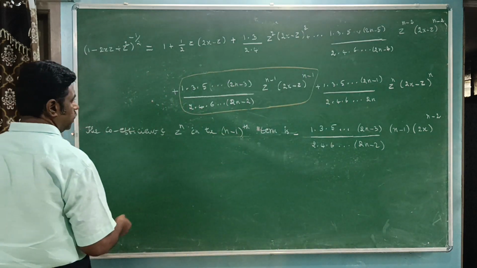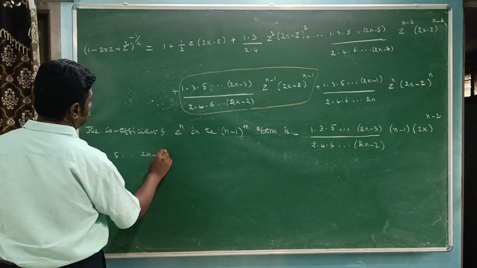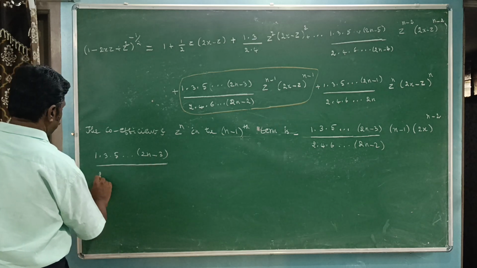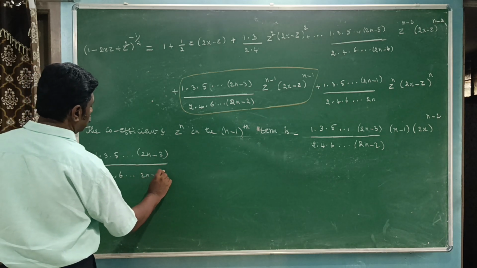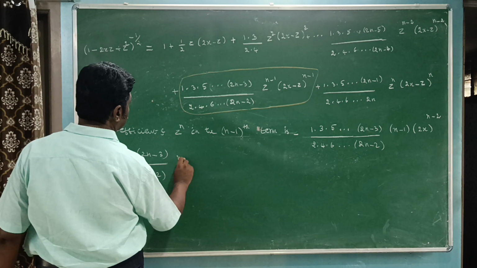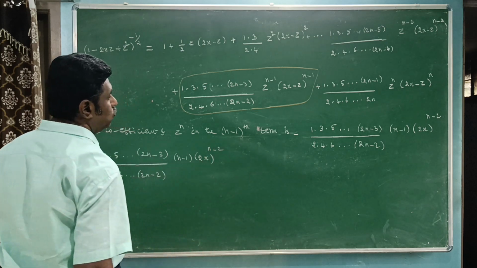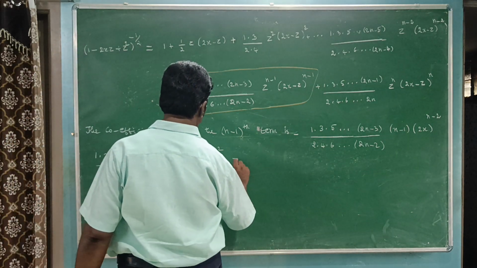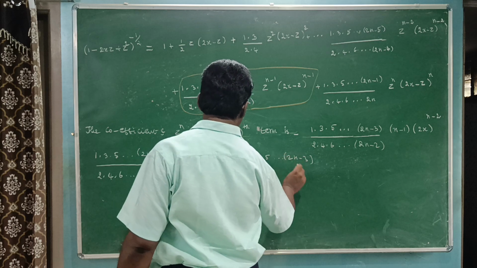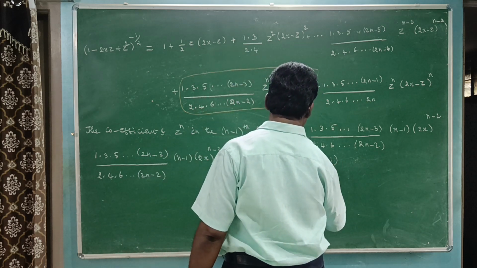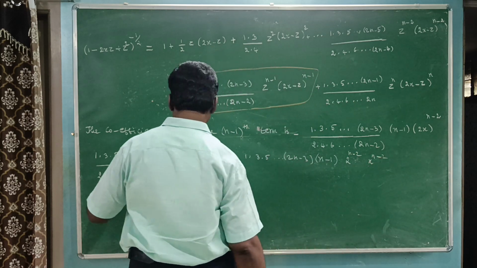Now we have to modify this. 1.3.5 up to 2n minus 3 divided by 2.4.6 up to 2n minus 2 into n minus 1 into 2x power n minus 2, which is equal to 1.3.5 up to 2n minus 3 into n minus 1 into 2 power n minus 2 x power n minus 2 whole divided by